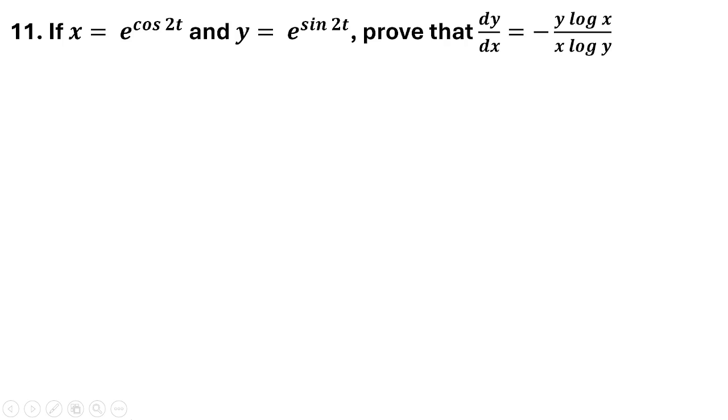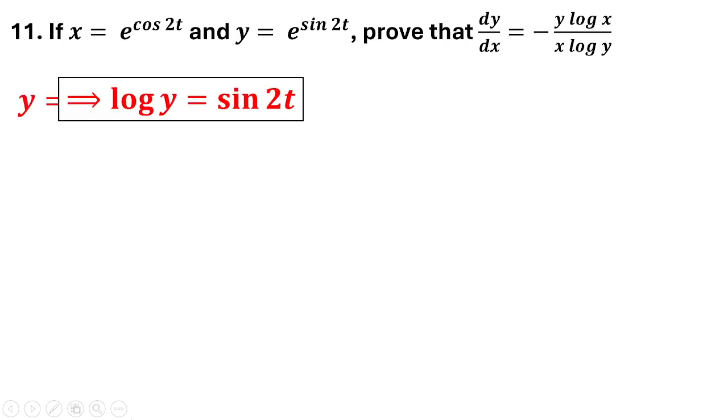Go to question number 11. If x is equal to e power cos 2t, y is equal to e power sin 2t, prove that. This is a problem of parametric differentiation. Let us find d